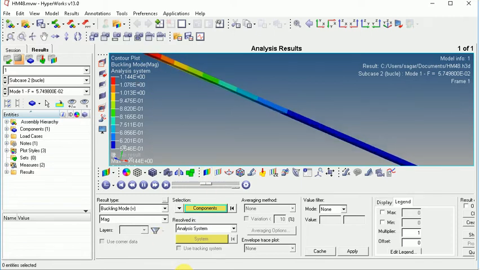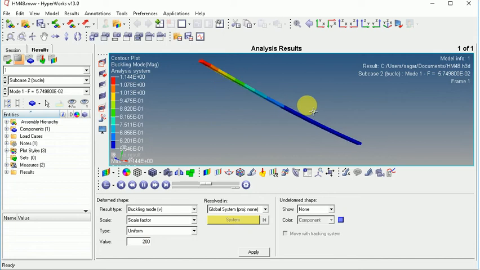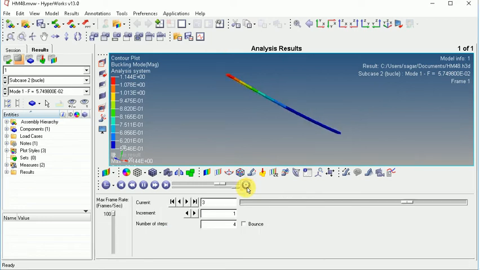We can maximize the scale of deformation through here. Adjust the frame rate by this option. We can also increase the number of steps